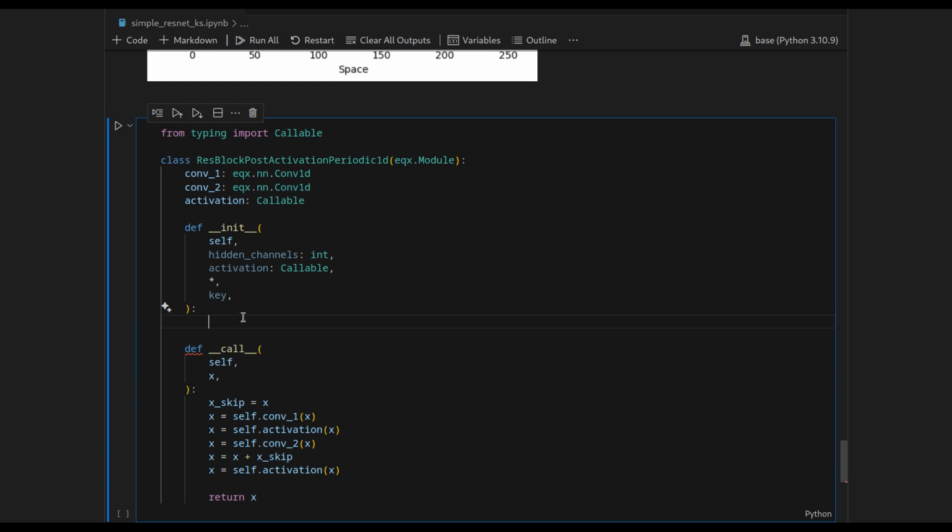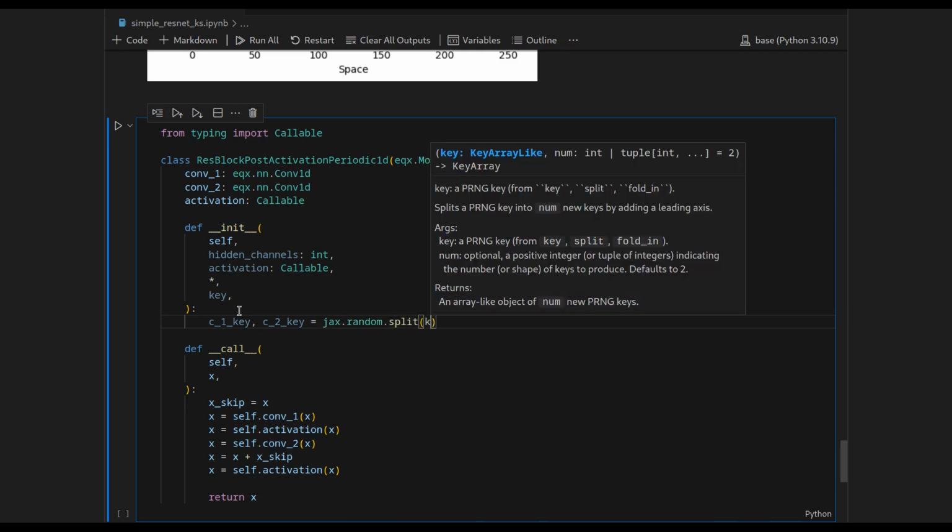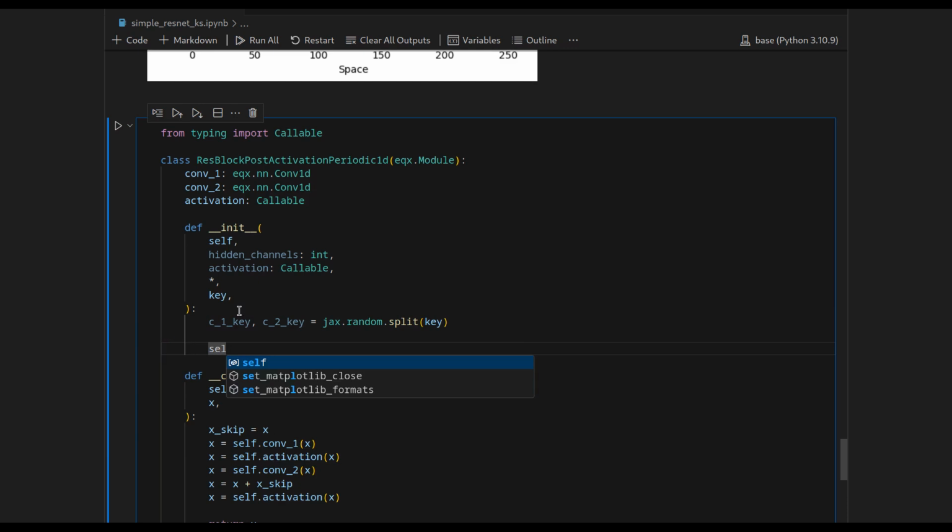And then essentially in the constructor, we have to do three things. We have to save the activation function as the attribute, and we have to instantiate two convolutional layers. So for this, we need to split our random key into two separate keys that are responsible for instantiating their corresponding convolutional layer. So let's say the c1_key and the c2_key for convolution 1 and 2 respectively are given by jax.random.split on the key. And then we can say self.conv1 equals